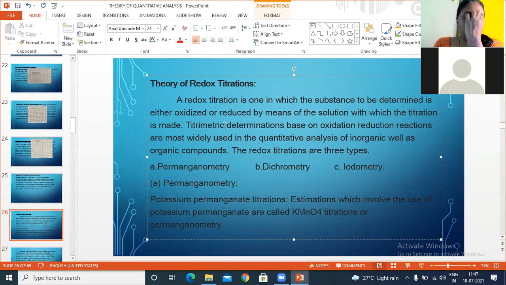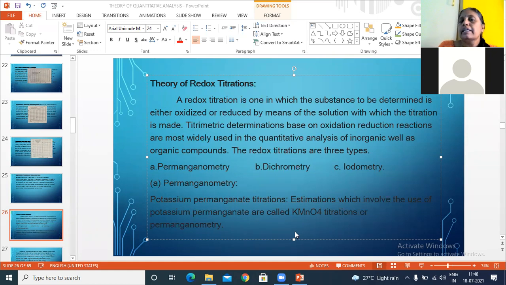So the substance whose weight we have to find out has to be added to the solution, whether the substance undergoes oxidation or reduction, or it may be an oxidizing agent or reducing agent. When it reacts with another substance, that substance may be either an oxidizing agent or reducing agent, and from that only we can find out the substance weight in redox reactions. So in redox reactions, we can observe both oxidation and reduction, or oxidizing agent and reducing agent.